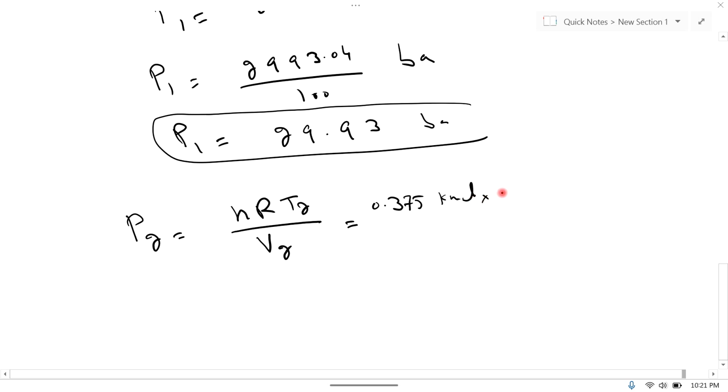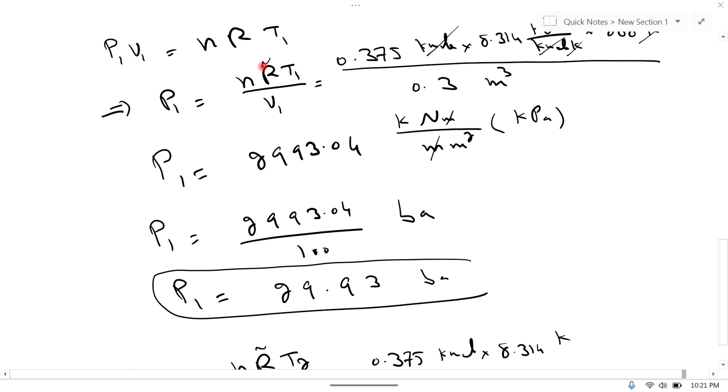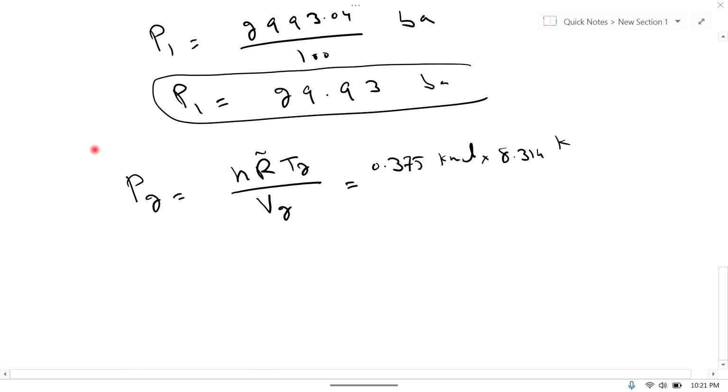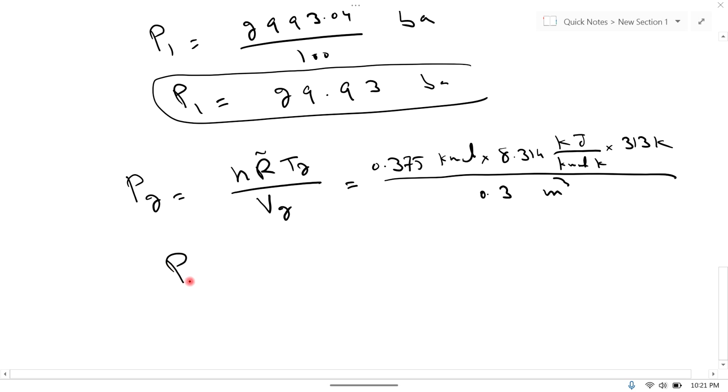R is the universal gas constant, equal to 8.314 kilojoule per kilomole per Kelvin, and T2 is 313 Kelvin, which is given to us, and V2 is 0.3 cubic meter. Now multiply these values and divide by 0.3, which is equal to